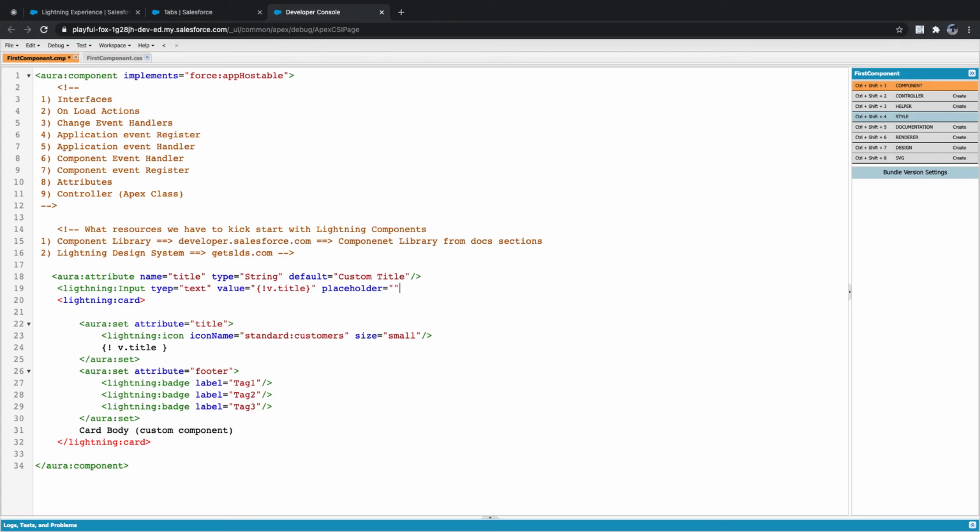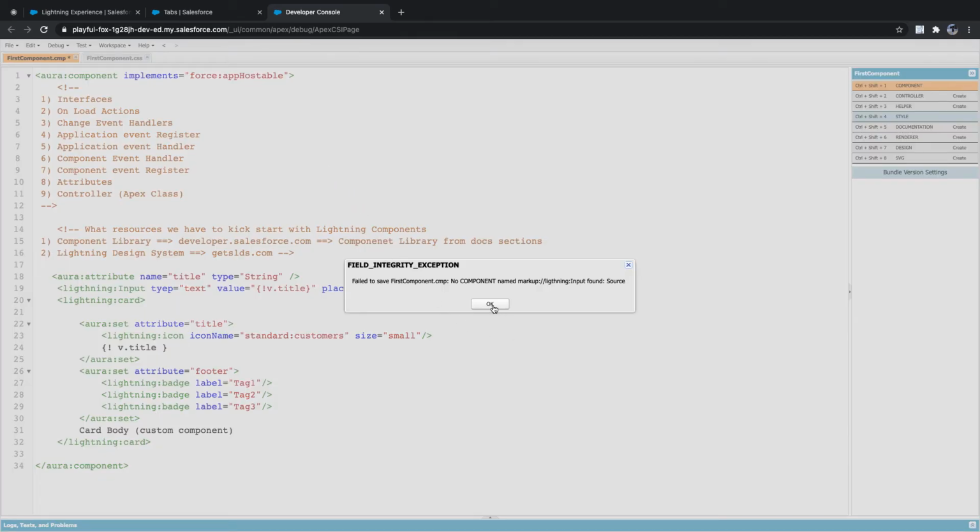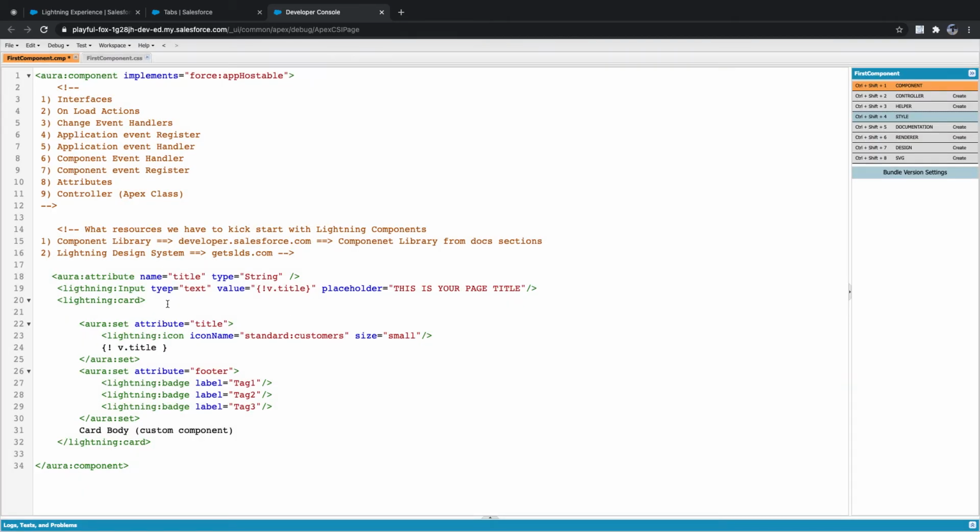Placeholder equal to this is your page title. Now I'm saying this by default. No component named lightning.